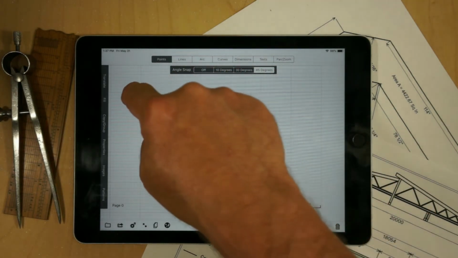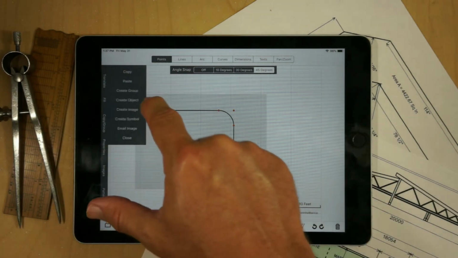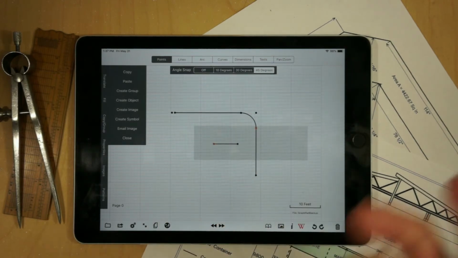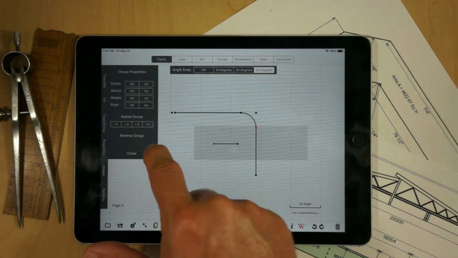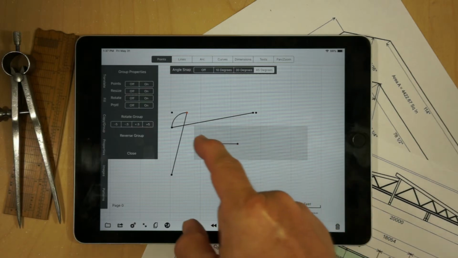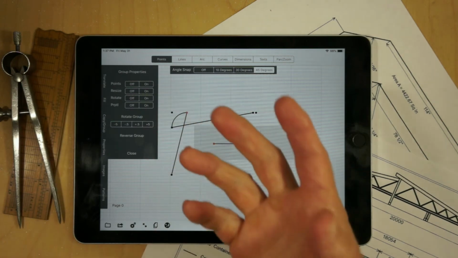And then in addition to that, let's say for example we added this into our library as a group, and we'll simulate that. So say for example it's a group, and now we had some part of a drawing and we wanted to reverse that. We would go to properties and reverse the group, and we'll see this is where it becomes very confusing, because unless you realize that the arc is being calculated between two lines that are connected at this intersection, it just